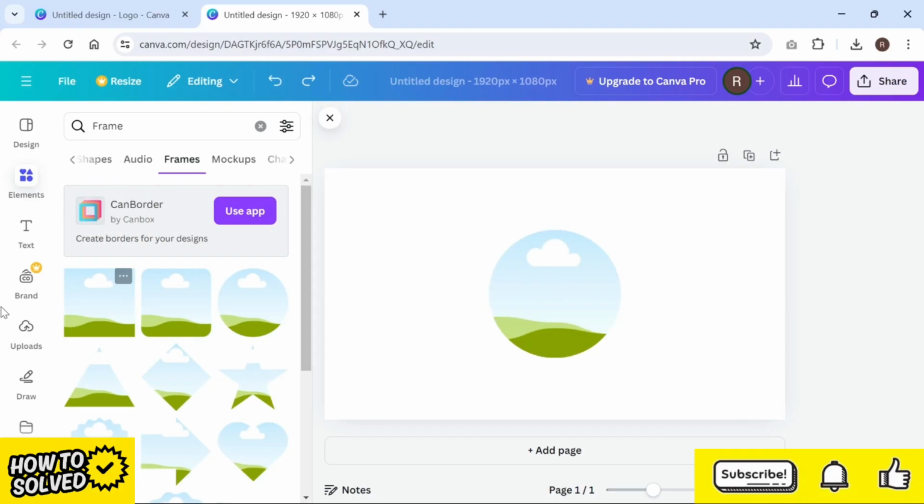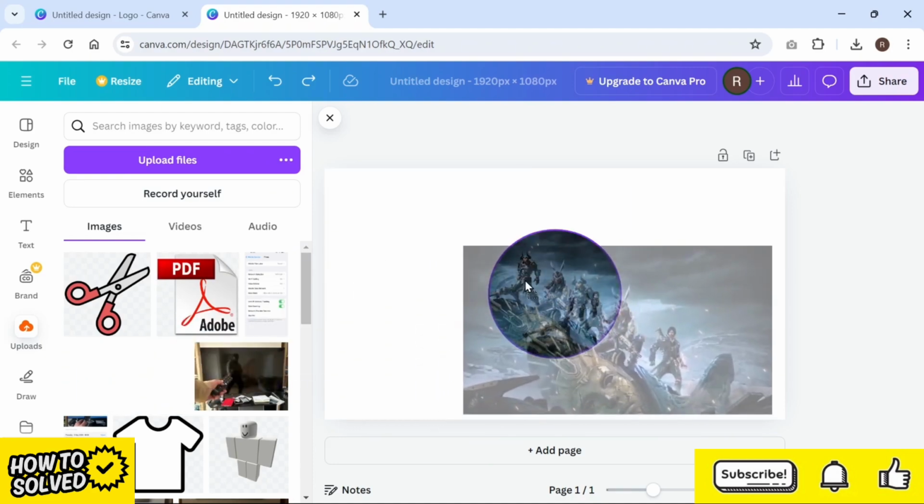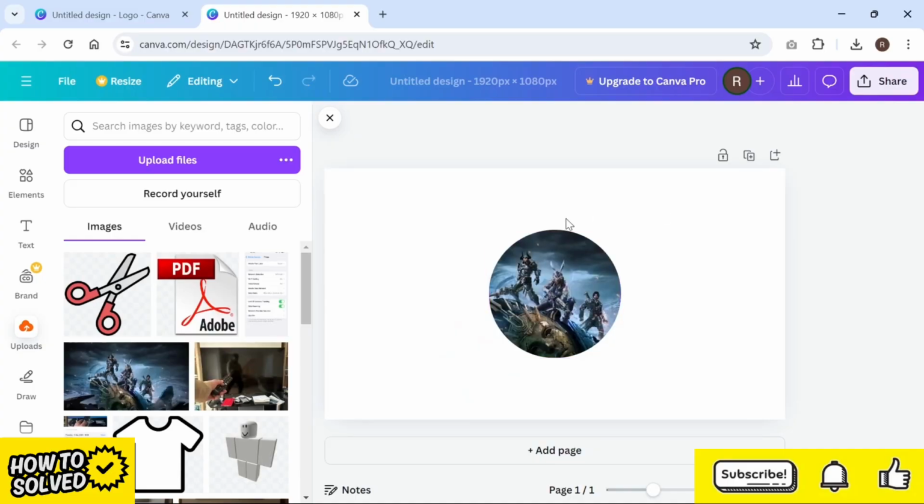Once you've added your circle, then head over to Uploads from the left-hand side. Find or upload the image that you want to convert into a circle. So I'll be using this rectangular image over here. And we're just going to simply drag this onto the circle, and as you can see, it automatically fills up